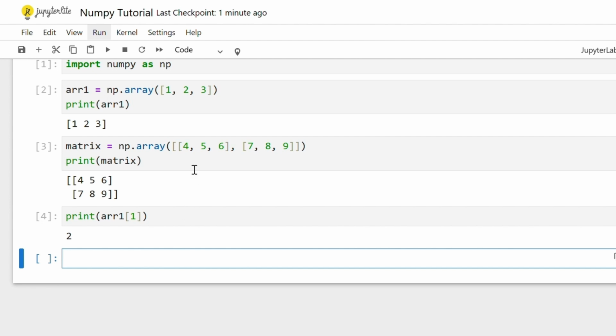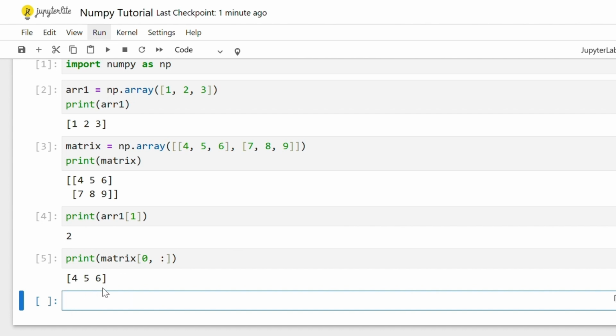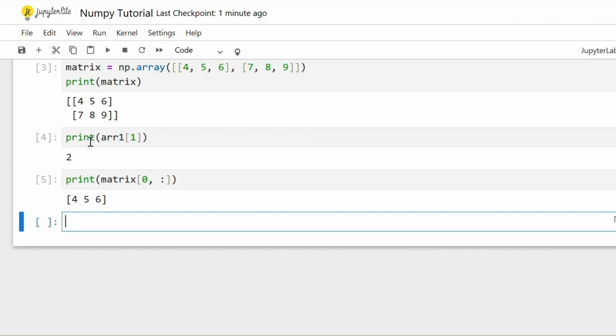So let's suppose that I want to access this entire first row from this matrix. So I will have to print here the name of the array first, which is matrix, followed by a pair of square brackets, and inside this I need to supply the row index. That is, I need the first row which is at index 0, and I need all its columns. So for all columns I will simply put a colon like this, and when I print this, I get the entire first row. Now let's suppose that I only need the second and third columns of this matrix.